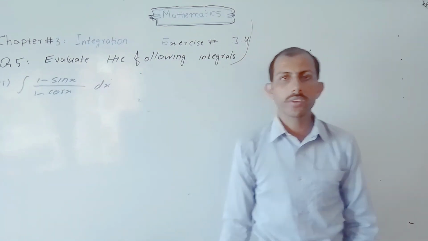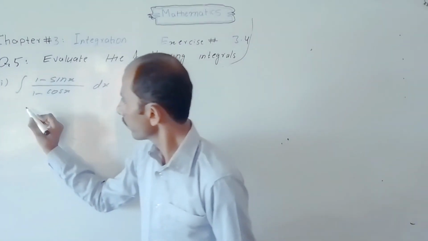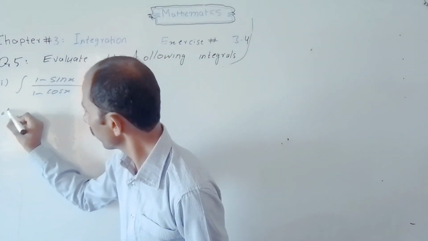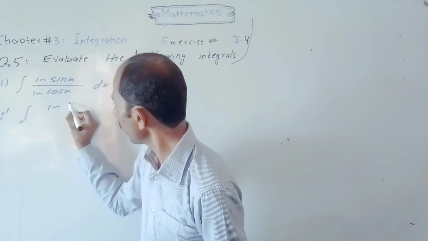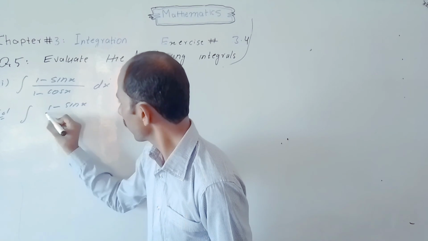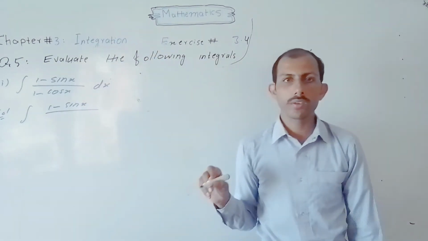So first, as it is, integral (1 minus sin x) divided by (1 minus cos x) into dx, which is equal to